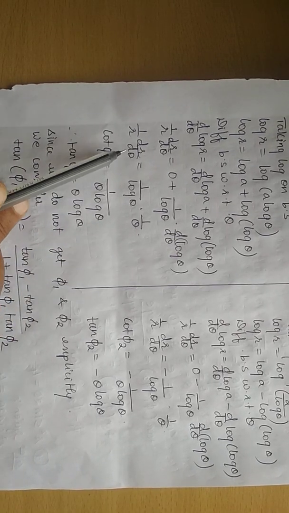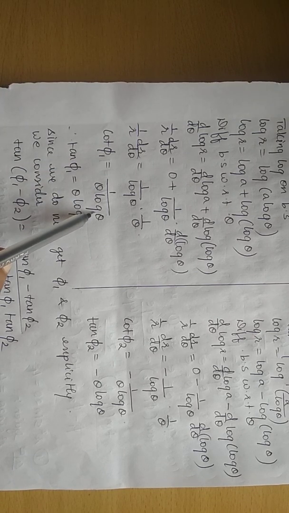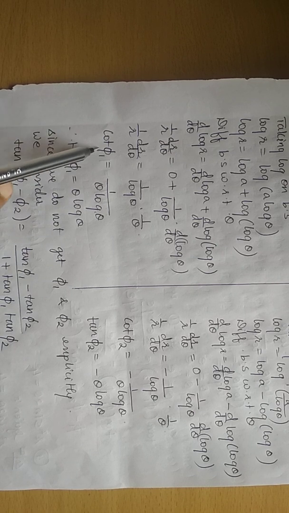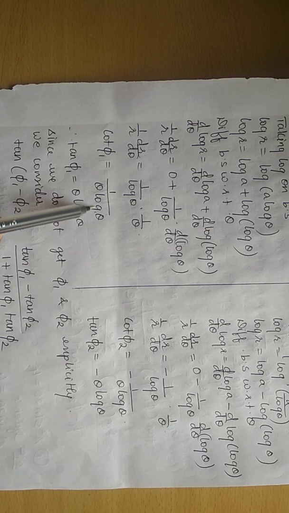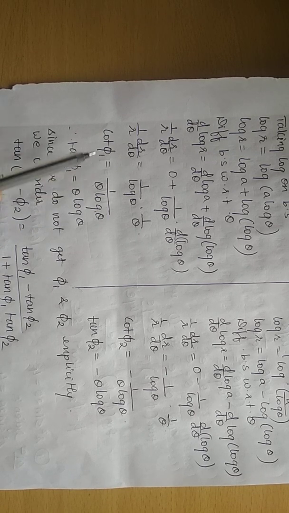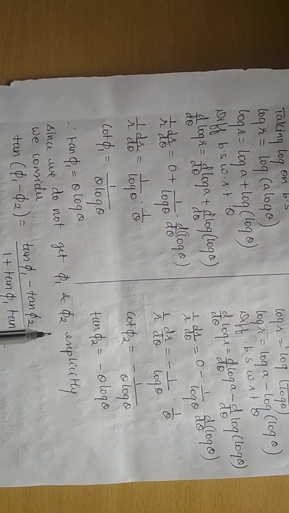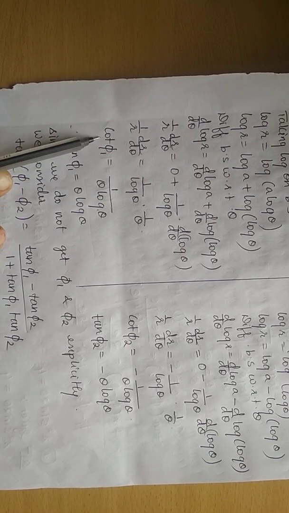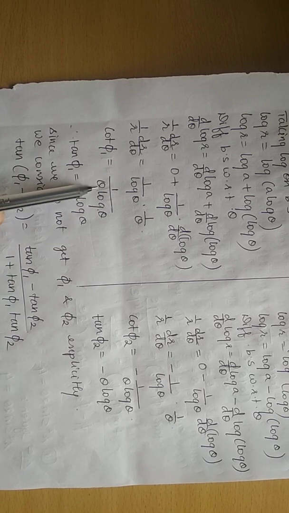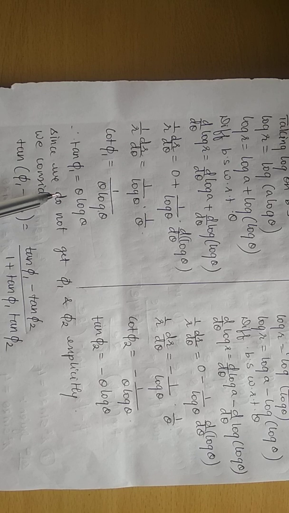Therefore, cot phi 1 is equal to 1 upon theta into log theta. Am I able to simplify to get purely phi 1? No, we are not able to simplify. We cannot substitute anything and cancel any of the terms and bring it in terms of cot and tan. So what we have to do is turn this cot phi 1 into tan phi 1. I am taking the reciprocal. Reciprocal of cot is tan and reciprocal of 1 upon theta log theta will become theta log theta. For the time being, keep it as it is.